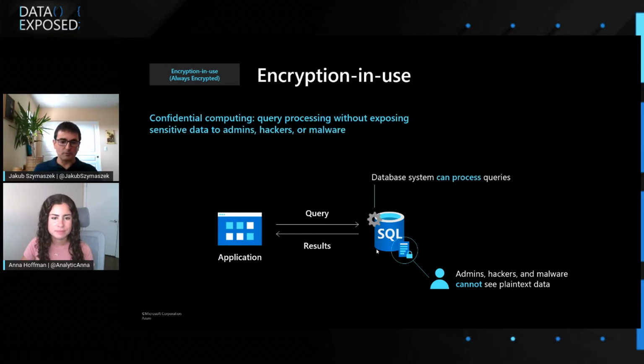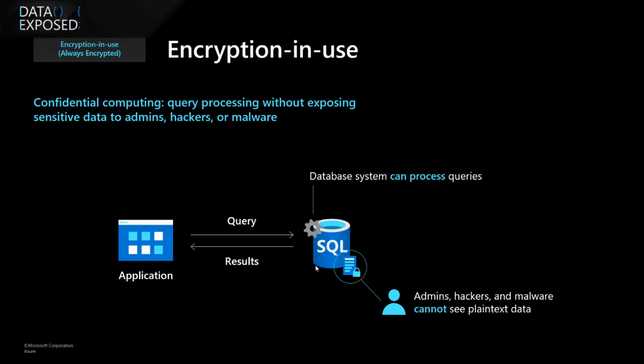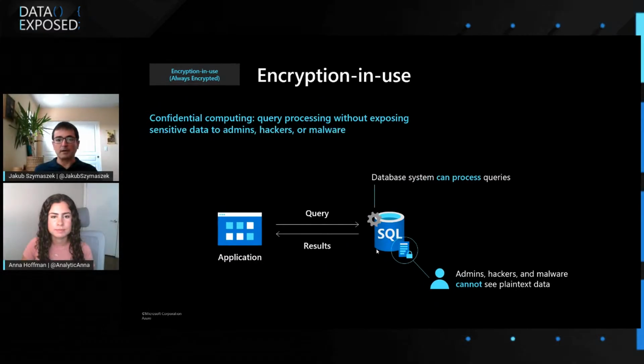So what we actually want is to achieve two goals that are conflicting and very hard to achieve together. We want to ensure that the data is protected, so that powerful adversaries, high-privileged, unauthorized users cannot access the data. But at the same time, we want to ensure that the database system can reason about the data, can perform computations on the data that is being protected, right? So we call this paradigm, this vision, confidential computing, and Azure SQL is unique in a way that it actually does have a technology that achieves these two conflicting goals together, and that technology is